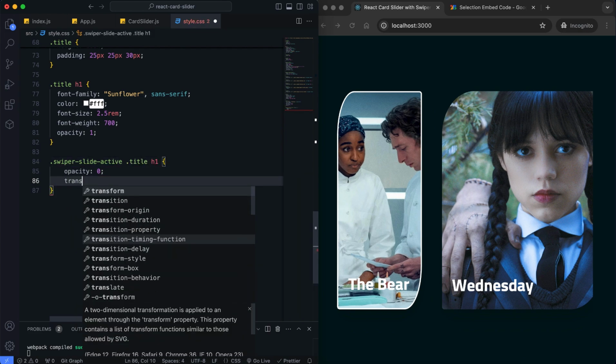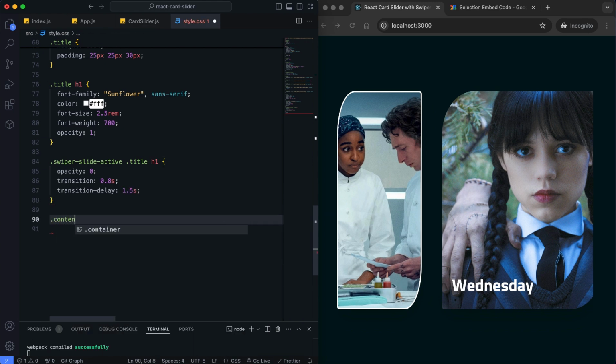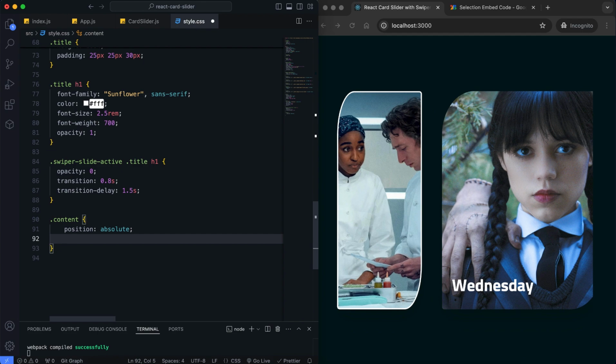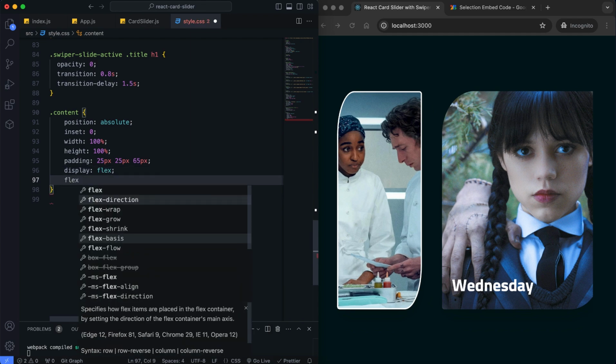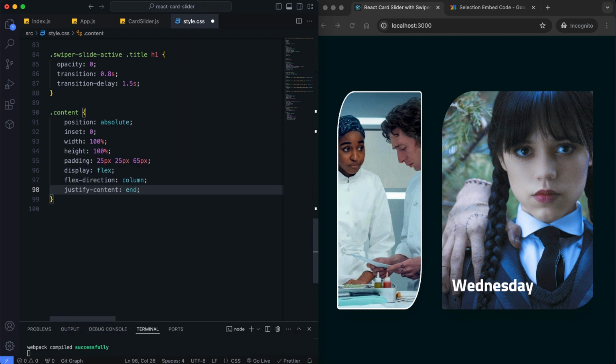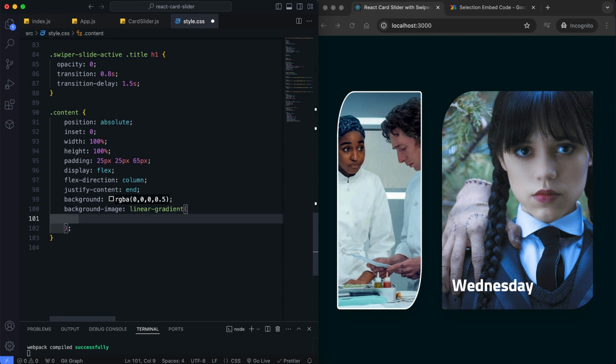When a slide becomes active, the title fades out with a delay. The content will be overlaid with the semi-transparent black gradient.